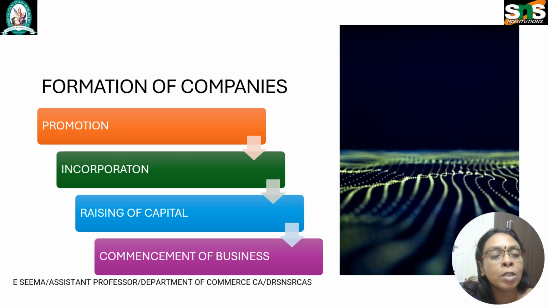Promotion stage is the first step in the formation of a company. In this phase, the idea of starting a business is converted into reality with the help of promoters of the business idea. In this stage, the ideas are executed. The promotion stage consists of the following steps: identify the business opportunity and decide on the type of business that needs to be done. Second one is perform a feasibility study and determine the economic, technical and legal aspect of executing the business. The third one is the interest shown by promoters towards the business idea and supply of capital and other necessary procedures to start the business.